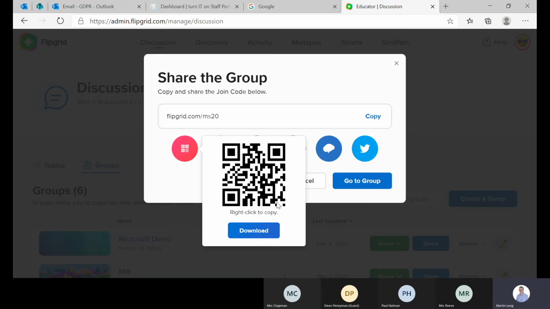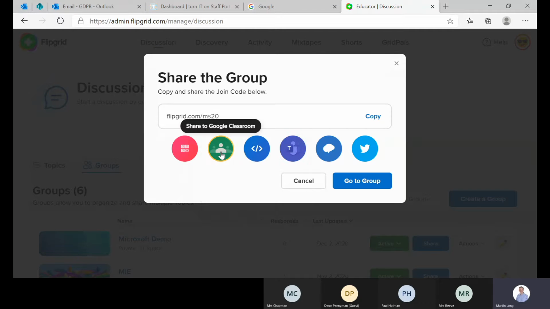Or there are other ways to do it. You can generate QR codes. QR codes are really useful to pin around the classroom. And when you've got them pinned around the classroom, pupils can, if they've got a device with a camera on it, go and scan that, and it will also drag them straight through into the Flipgrid. Another way to do it: Microsoft isn't too precious about Flipgrid, although they own it. It's one of their products that they willingly share with others, so you can link it into Google Classroom as well. You could, if you wish, embed code, and you could get a code so you can pop it into a website.